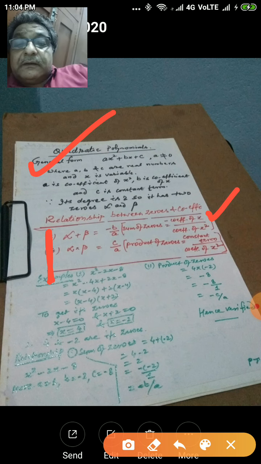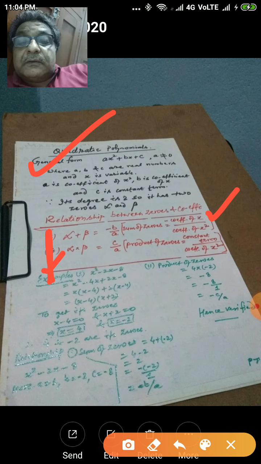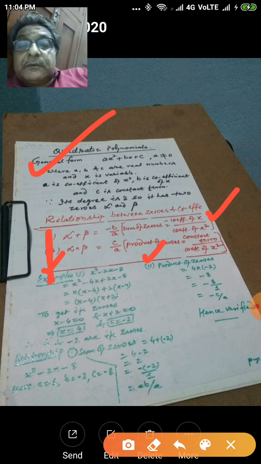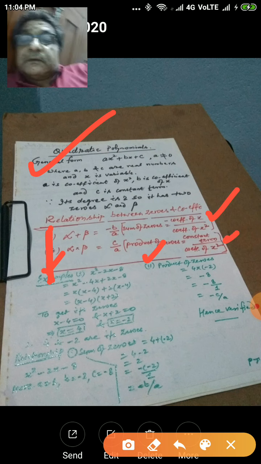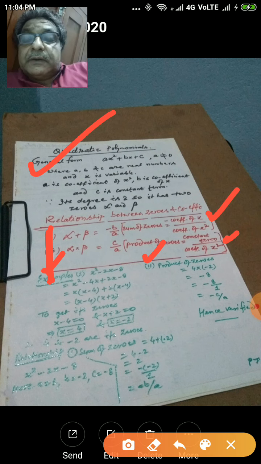Now second relation is alpha into beta, that is product of zeros, is equal to c by a, or we can say product of zeros is equal to constant term divided by coefficient of x square. Okay students, now these two relationships you must memorize, because it will be needed in solving the rider problems of